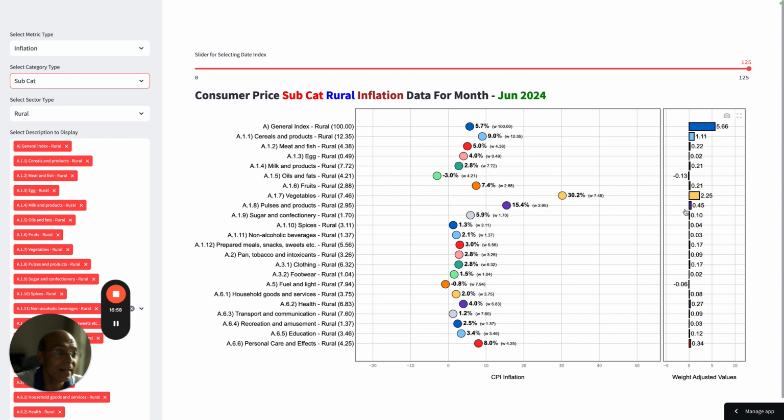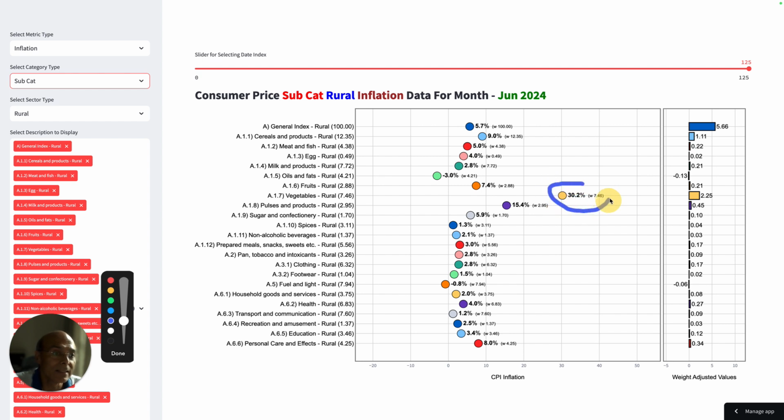And you will find that out of the food bucket in the rural area, vegetable, look at this, vegetable, 30.2% inflation in June 2024, and that is contributing how much? 2.25%, or 225 basis points of the total 566 basis points. Imagine what is going on. Vegetable in rural areas, this is where the inflation is. There is some fundamental problem. I do not know what is going on in the system.